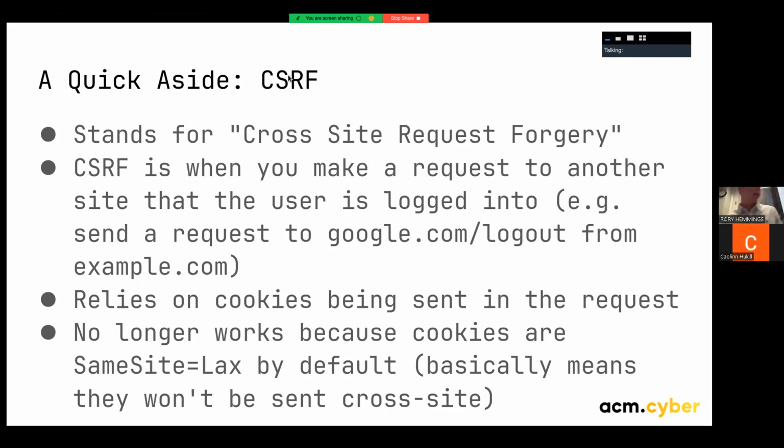All right, so we're going to do a quick aside on what CSRF is. CSRF stands for cross-site request forgery, and it's basically when you make a request to another site from your site. Remember we covered the same origin policy from before. You're not allowed to view information on another banking site that's not yours. Well,